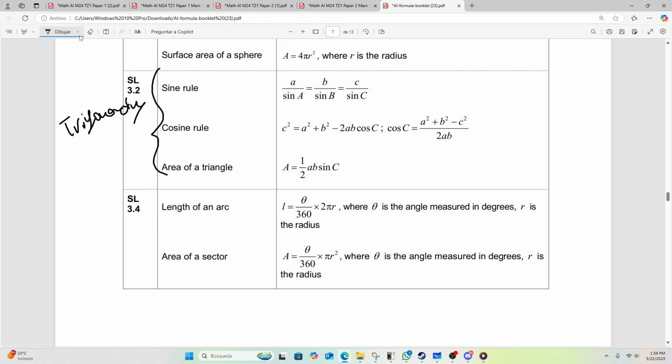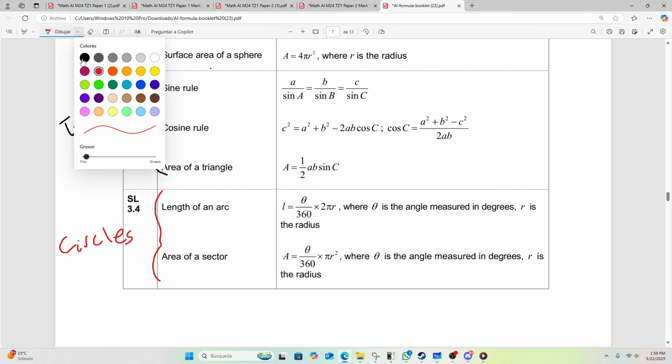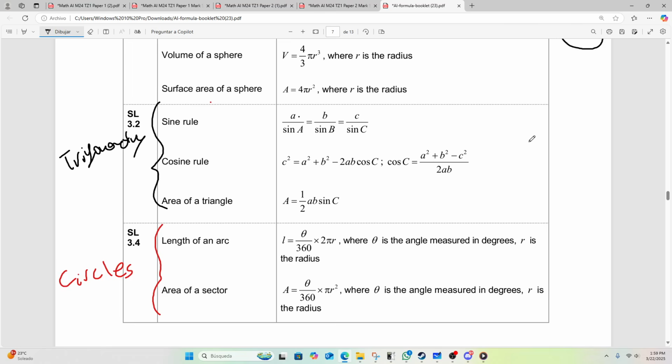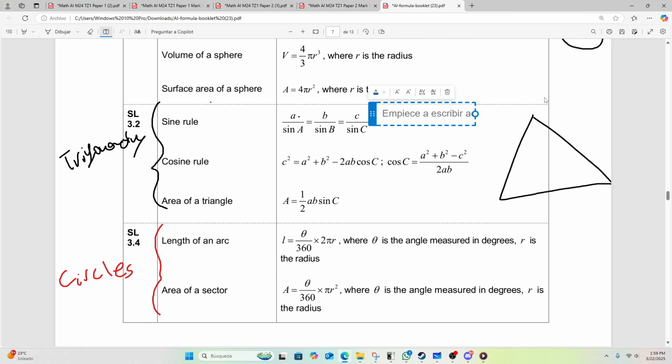And I need you to associate this that I'm putting in red to circles. And once you do that, you're good to go. See? For trigonometry, the quick summary I can give you, and something you should really keep in mind, is that these 3 formulas for trigonometry have big letters, little letters, and a bunch of stuff like that. Immediately I will tell you, and I will put it in the description so you learn it better, small letter is for a side, while big letter is for an angle.